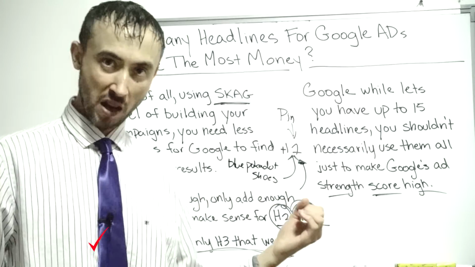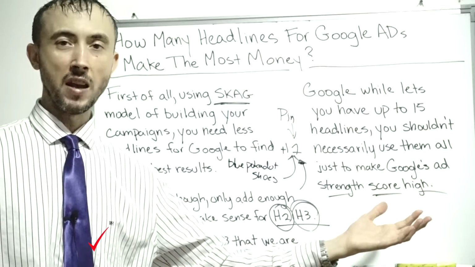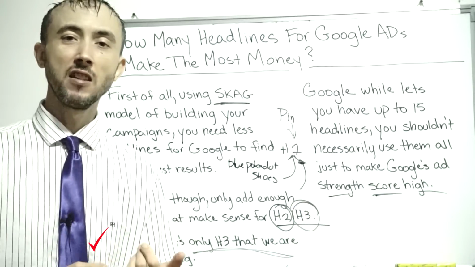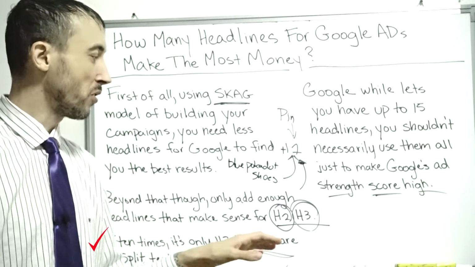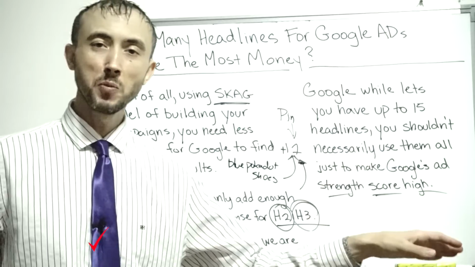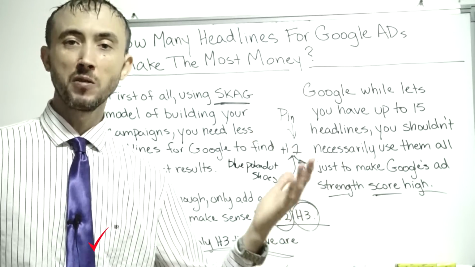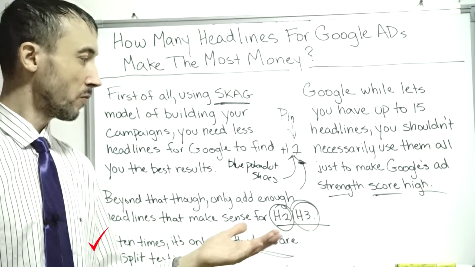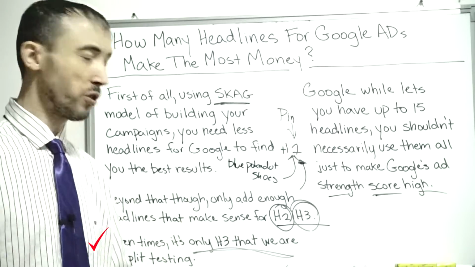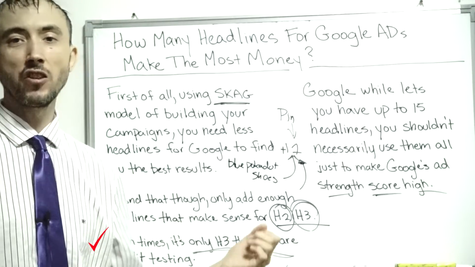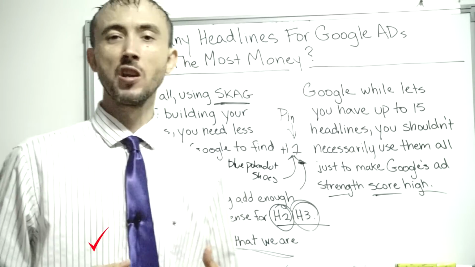And in summary here, if it's not obvious, you shouldn't be just throwing headlines in there that are random crap. Find the 5 or 10 things that your customers care about by interviewing your salespeople, whatnot, and put those in there so that when Google does do some split testing, it's productive testing. Either they want to hear about the warranty, the free shipping, the award that we have, and we'll just let Google figure it out on their end. We're not just going to put random crap in there because Google says if you add more headlines, you'll get more results, which